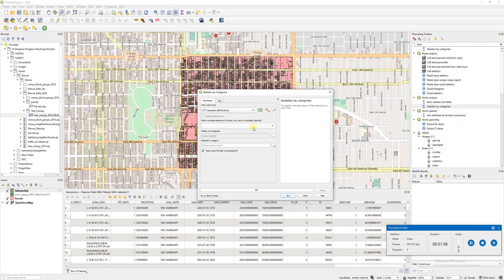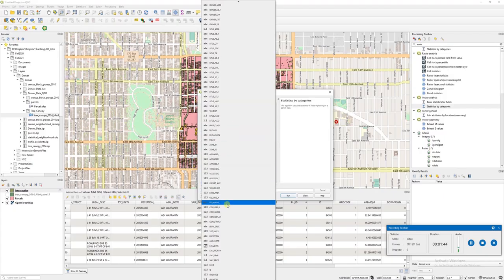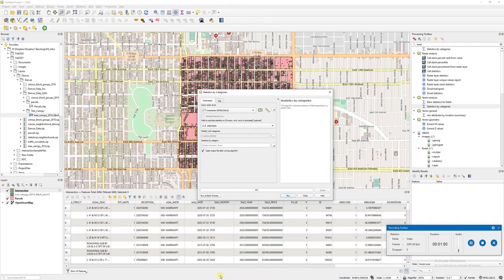And then after that, we want to say the field that we want to get a summary of, and that's the updated area square meter, and we are getting a summary of that. And then the other thing is, where are we putting that summary? I'm going to still keep this in the memory. I'm not saving this, but if you are doing your work in multiple steps, make sure that you save this to a file and come back to it again later. I'm going to run this,